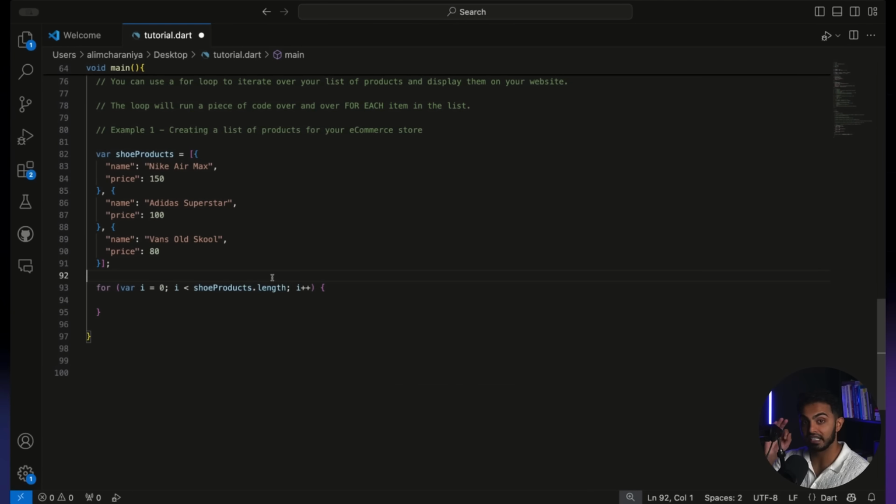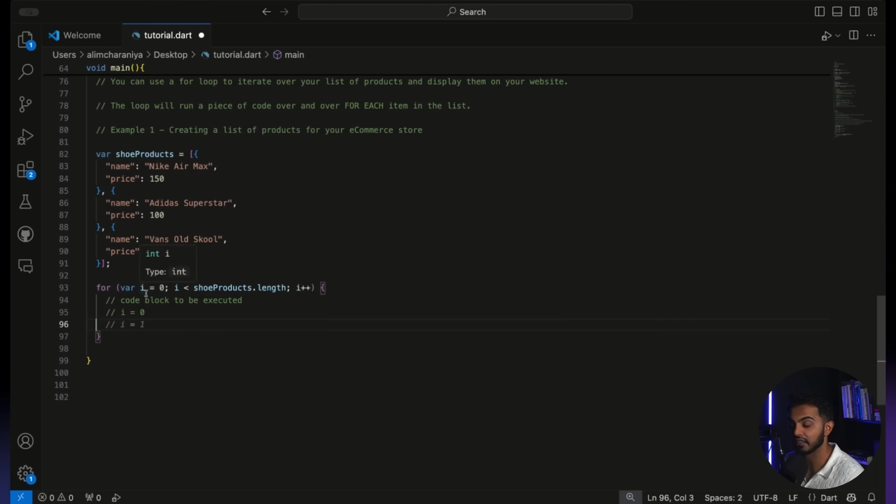So my shoe products array is of size 3, okay? 1, 2, 3 shoes. And then essentially what this last step is, every time you run the piece of code in here, anytime that this code is run, increment or add 1 to i. So essentially what happens here is the first time this code is run, i will equal 0, okay? Then the code finishes, and then what happens is i gets set to 1, okay? Because that's the last step of this for loop here.